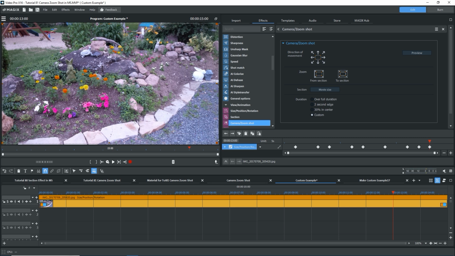image. There are 2 ways to do this. Copy-paste the first keyframe, or go to size, position, rotation. For now, I'll stay with camera zoom shot. I know that the first keyframe has the values for full screen. I'll go to the first keyframe, click on it to make sure that it's blue, click on Copy Keyframe, move to the point where I want to get full screen, about 1 second from the last keyframe, and click on